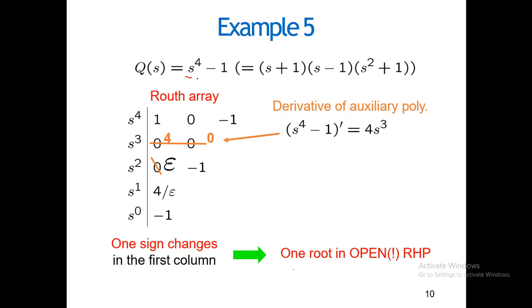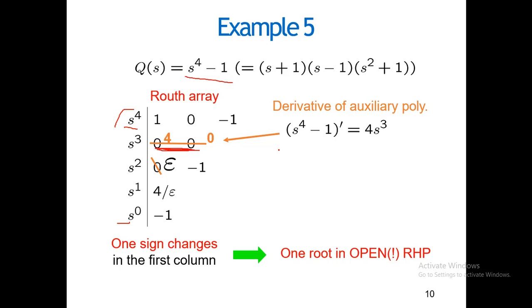The equation was s^4 minus 1. So if you do this, s^4 minus 1, starting from s^4 and going down to s^0, the values of this row were 1, then 0, and then again minus 1, and all the other terms were kept as 0. So you see that the row turned out to be all zeros. The complete row is 0.